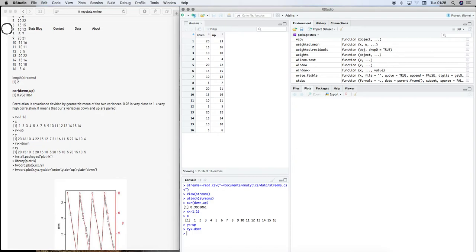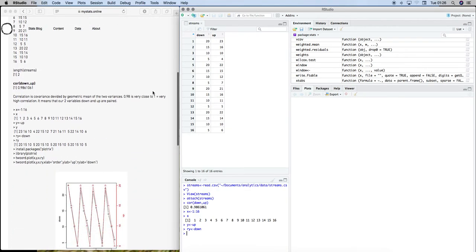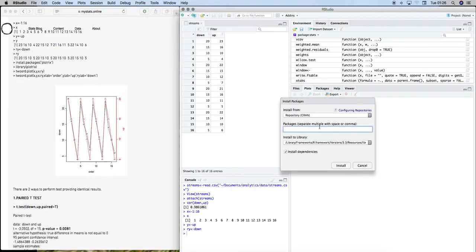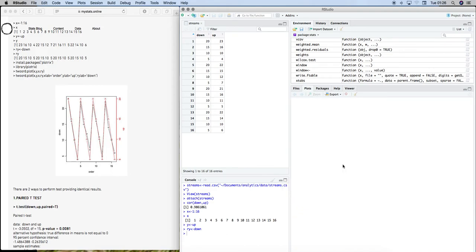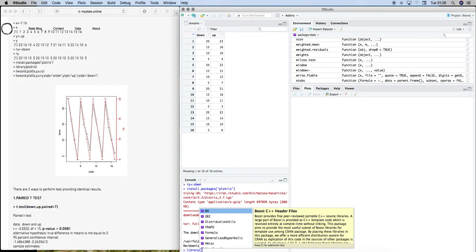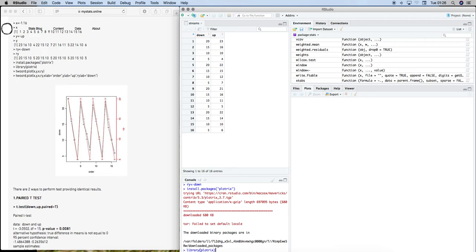And now to display nicely down and up, let's install the package plotrix. So tools, install packages, plotrix, install package. Okay, library plotrix,